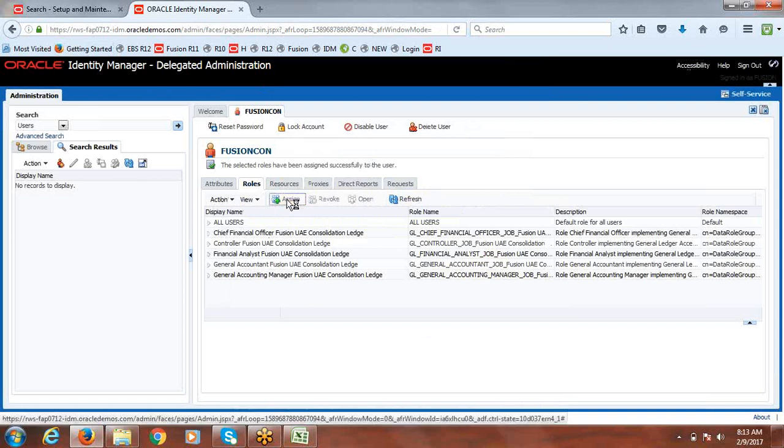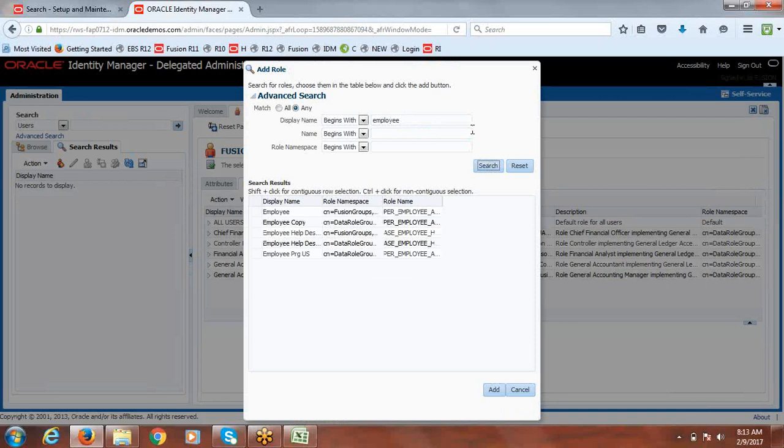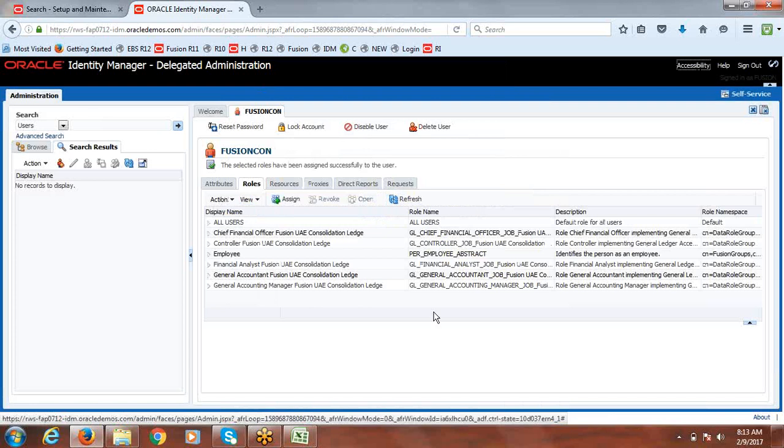From this user, anytime if you want to run scheduled processes and all, we know we have to assign the employee role so that the system will allow this user to submit the scheduled processes, reports or programs, or you can call it jobs. Click on search and assign the employee role also to the user, but it is not mandatory. If at all you are going to run scheduled processes, then it is required. Otherwise, to test this functionality, this is not at all required.